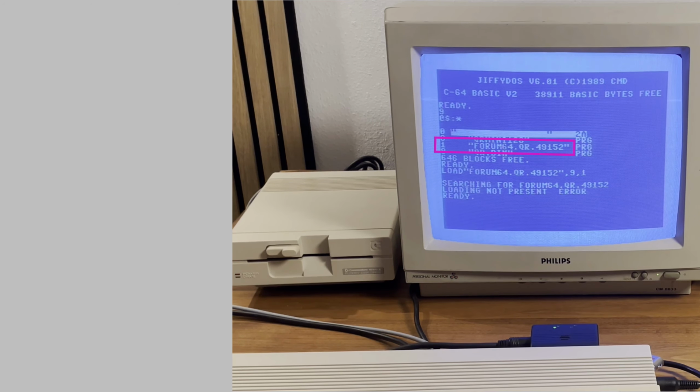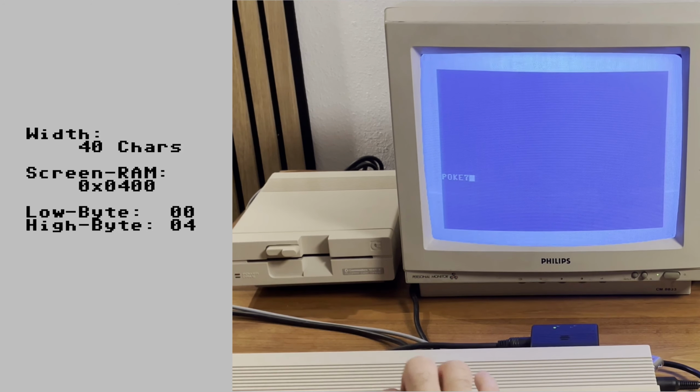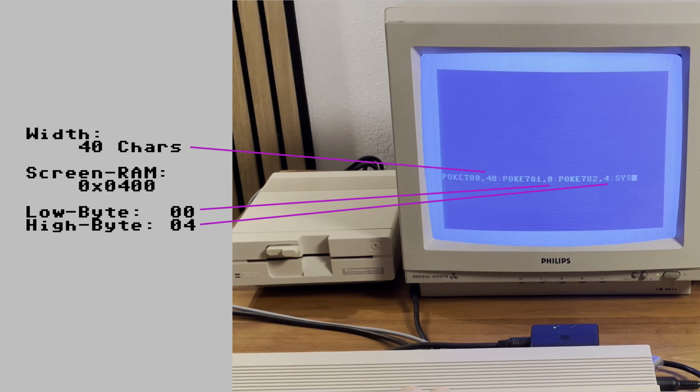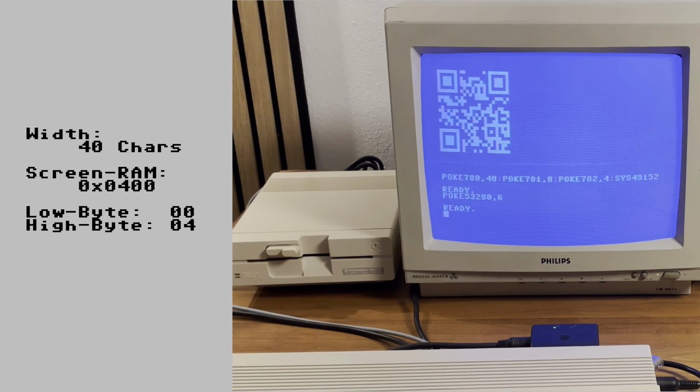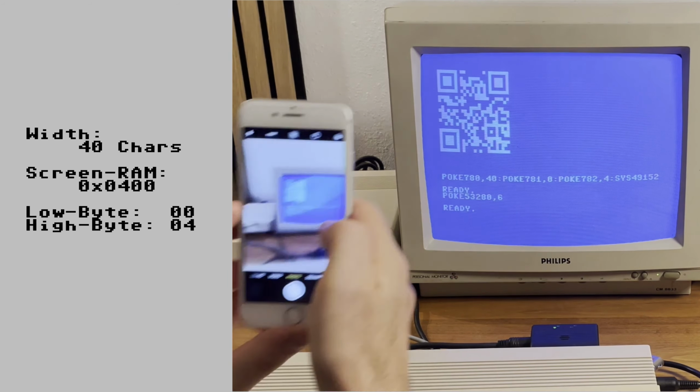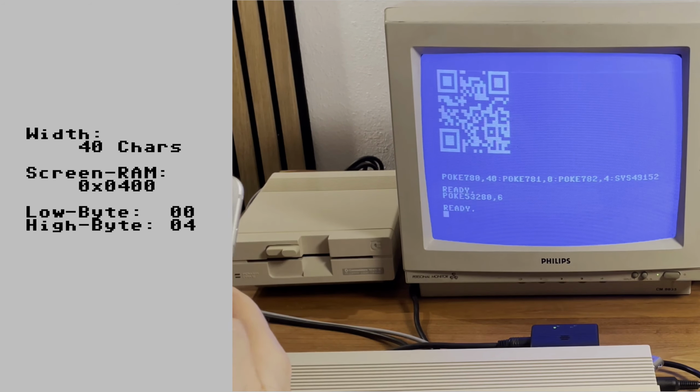Then we'll need to poke screen width into the accumulator and screen memory start address in the X and Y registers, which is done through addresses 780 through 782. Et voila, the QR code on screen just within 2 jiffies. And depending on the size, it takes less than 256 bytes of memory. So you can fit a full QR code with rendering code into one single page of a GeoRAM expansion, for example, or the tape buffer if that's your thing. So it should be really easy for you to bring this into your programs if you want to.